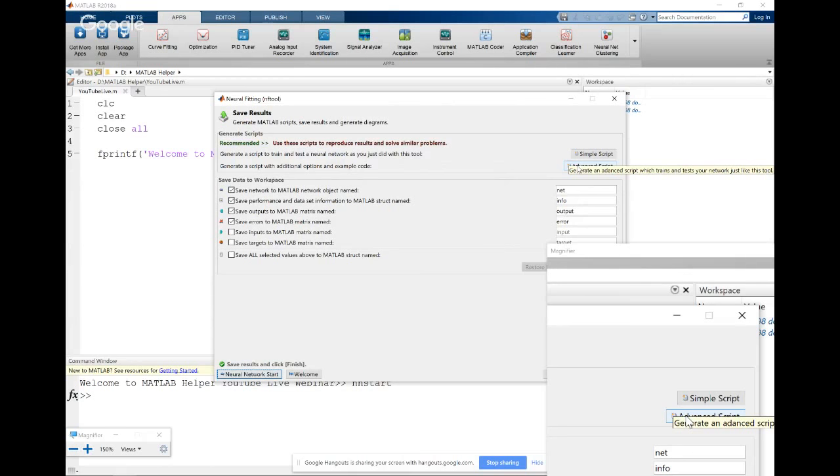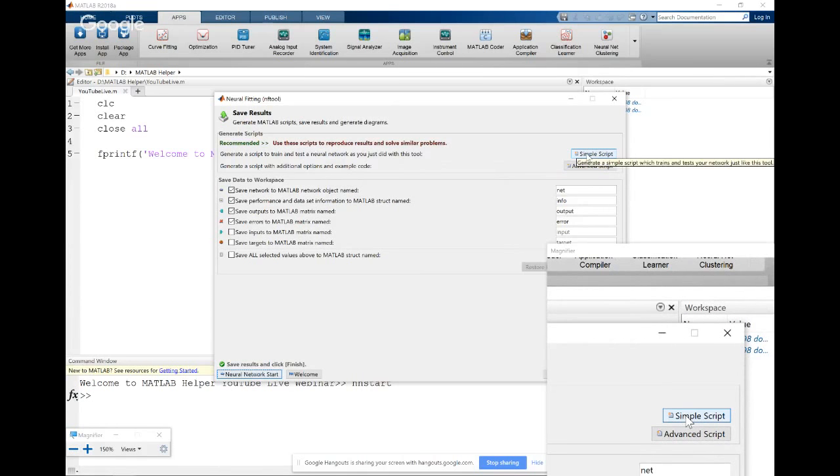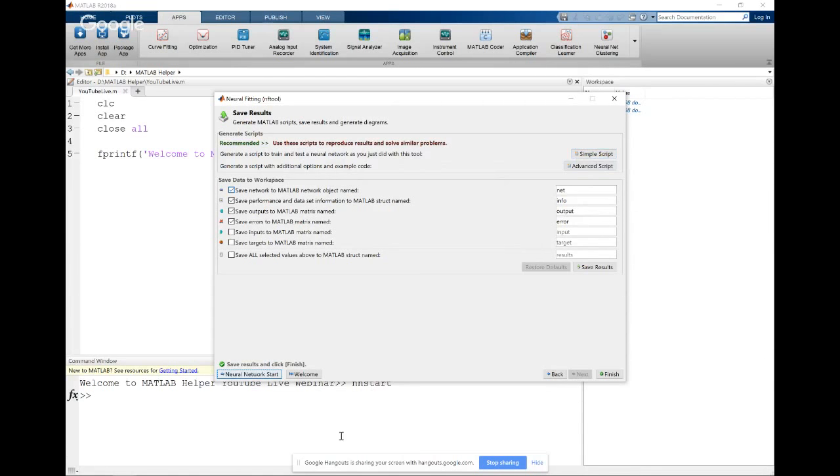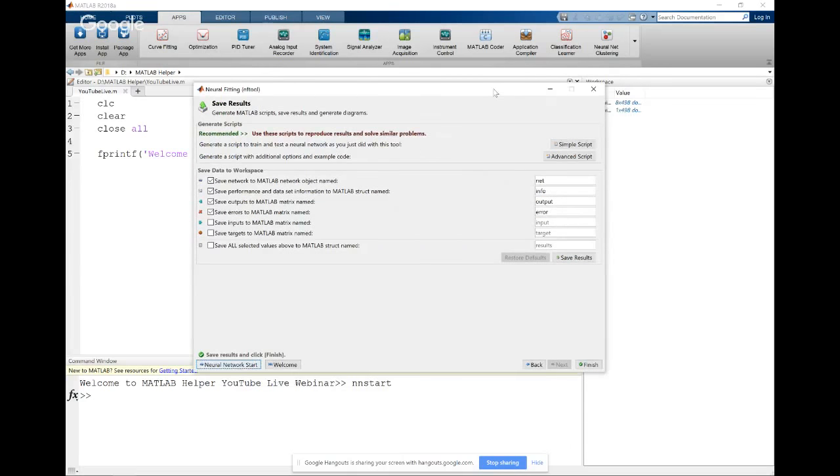The advanced script has additional options and example code. We'll be going with the basic one for now, so we'll click on simple script. But before that, we'll also save the outputs. You can see save data to workspace. So we'll save these results over here.